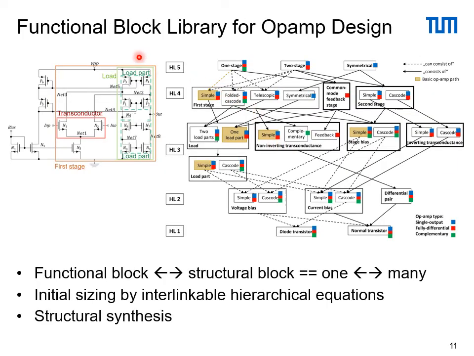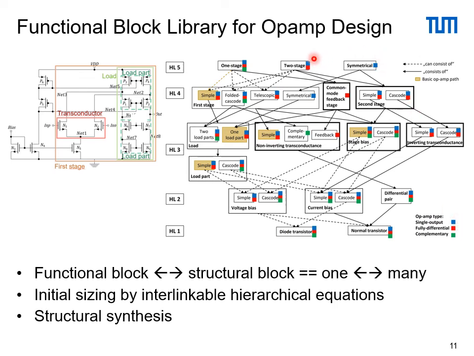In the meantime, the structural consideration of block libraries has been extended to a functional consideration. This is more complex, as functional block mapping to structural block mapping is a one-to-many or many-to-one mapping, right? So you cannot just find out in a given netlist, oh, this is the function of transconductance, here are load functions, this is the first stage, there are bias functions, but you can put it the other way around. So if you want to design an op-amp, for instance, let's say a single output op-amp, like blue marked here,